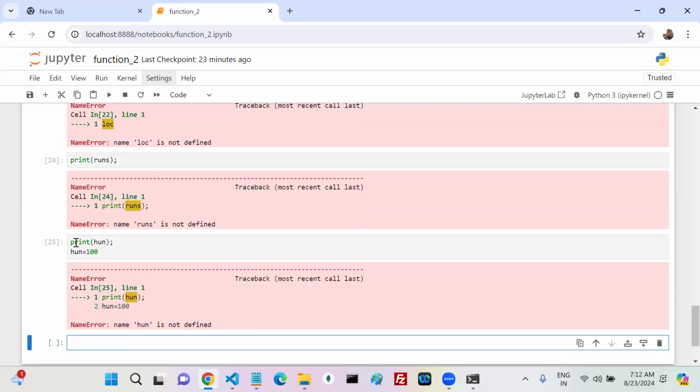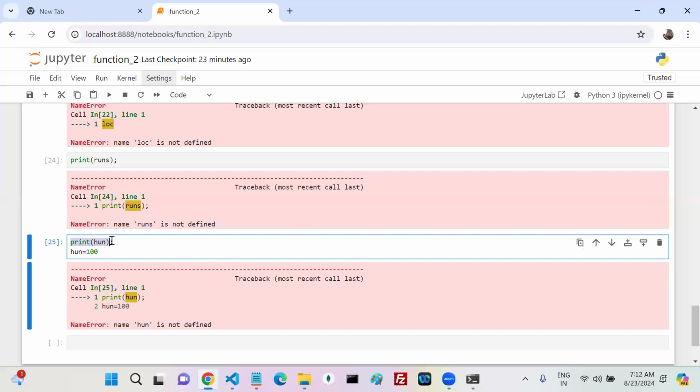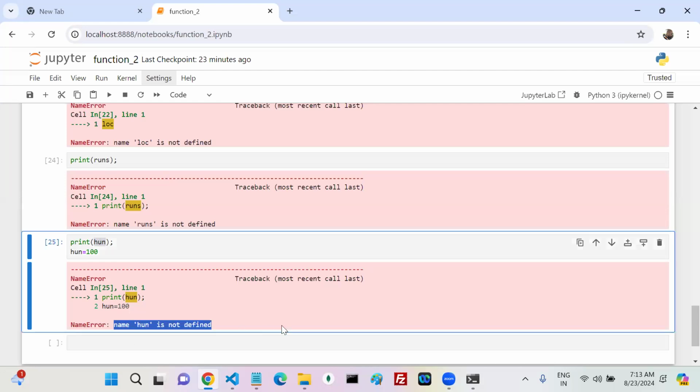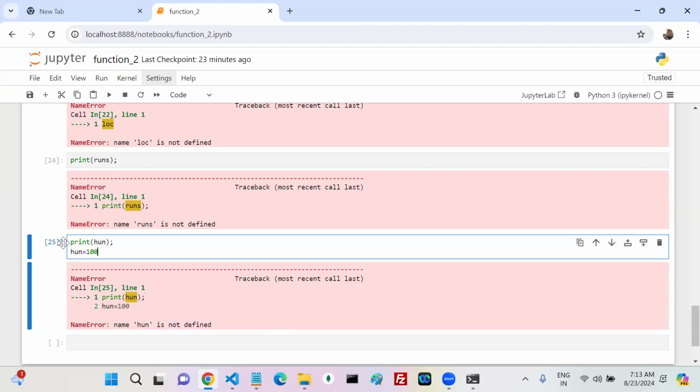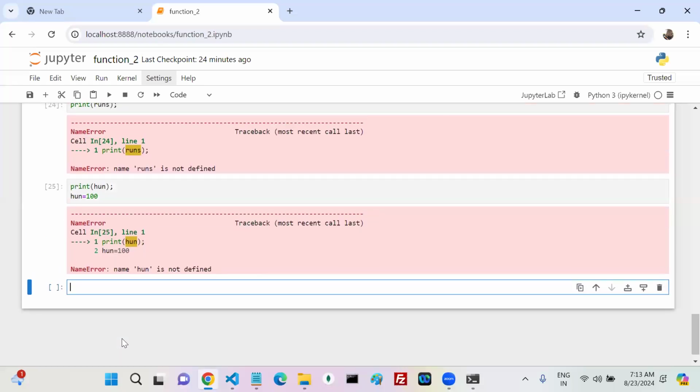Okay, see, print HEN, first this statement is going to execute. In JavaScript it is valid, but here it is not valid. Whenever you use a member, that member should be defined first. After that only you can use the member. If the member is not defined, you get a not defined error. Yes or no? Got my point? So this HEN you have to keep before print, or the print you have to keep after the HEN is 100. Agreed with me?